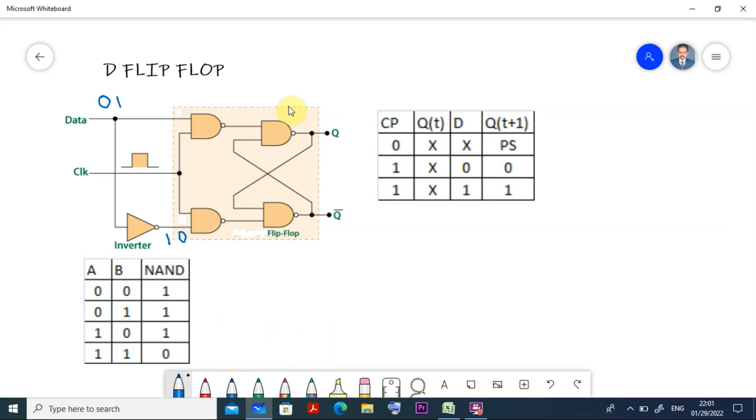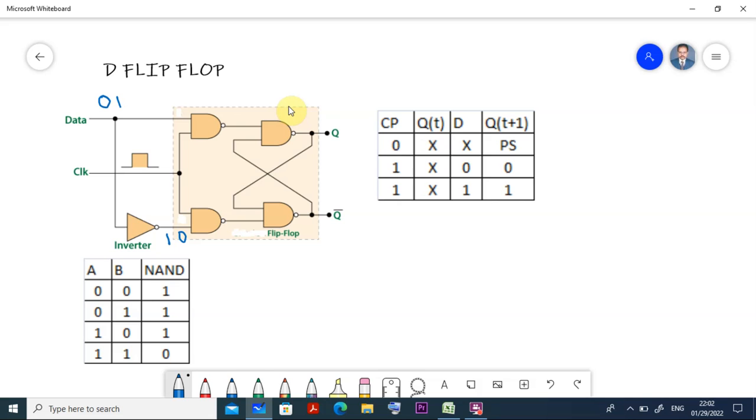Here you cannot provide the same input, because one is the normal and the other is the inverse of that one. So there is no question of the case of 1 and 1, because it is not possible. Only one data I am providing, and the other data, provided at the R gate in the previous SR case, automatically gets inverted because of this inverter. Clear? So with this we avoid the resting condition.